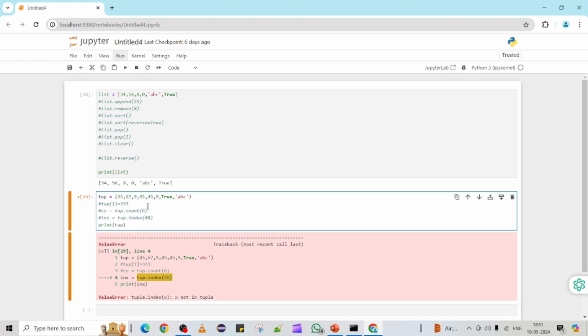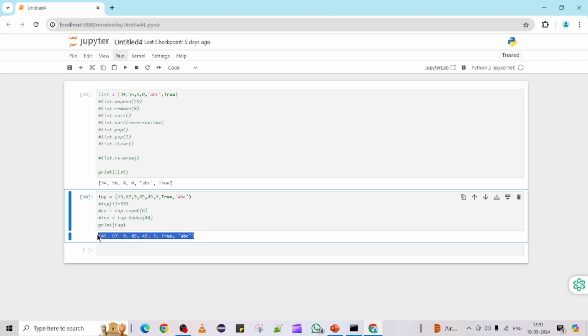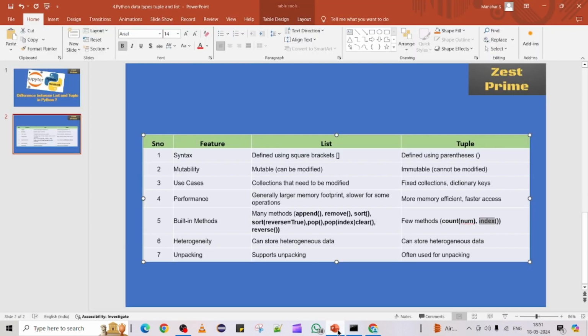Okay, so here I am trying to add a boolean, a string, and integers. So basically tuple also supports multiple data types, meaning the heterogeneity supporting capability is available in case of list and tuple. So this is one of the similarities. I cannot say this is a difference, but it's a kind of similarity. So now the last, seventh one is